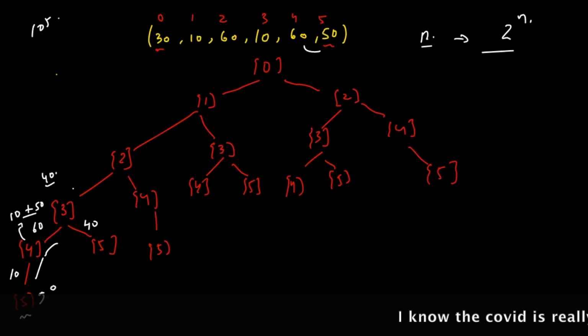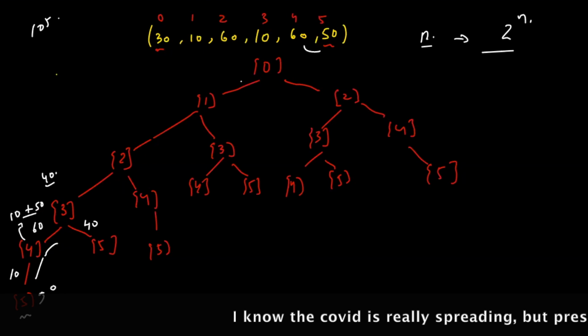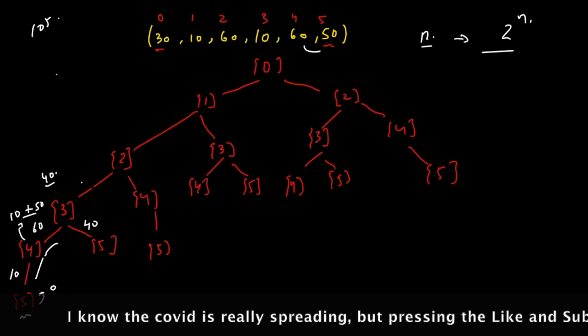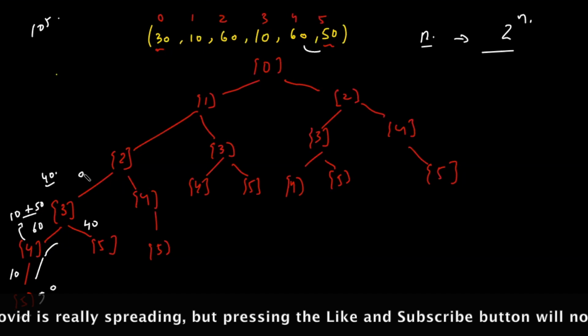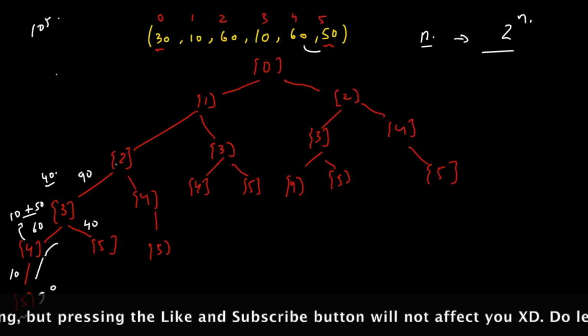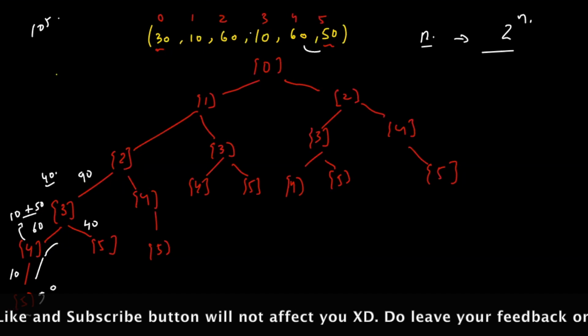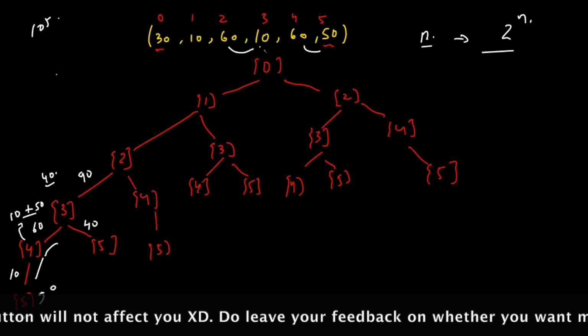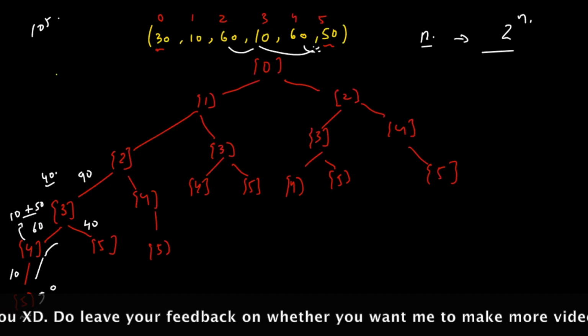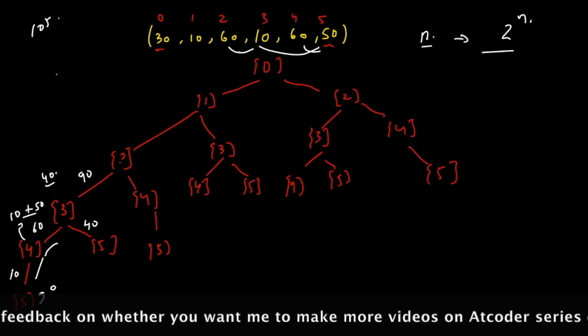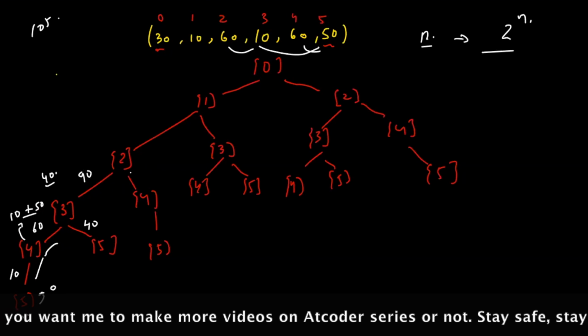Now from 2 to 3, what is the cost? That is 50. So 50 plus 40 in this direction will give you 90. That's very obvious. That means from 2 you move to 3, that gives you 50. From 3, the best thing is to move directly, that is nothing but 40. So 40 plus 50 will give you 90. Let's move in this direction.